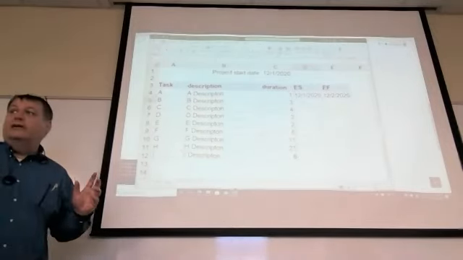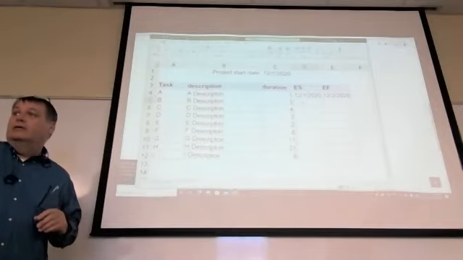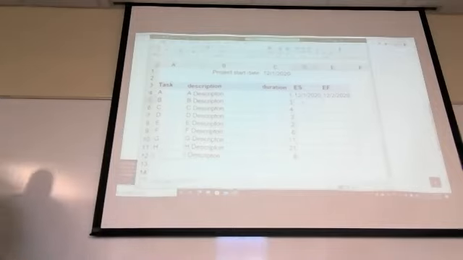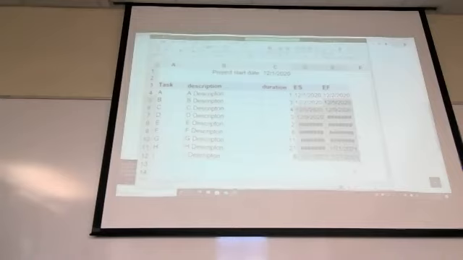There's no prerequisites here. We're not talking about those yet. Is the previous one, so we're assuming all of these are consecutive, right? So we're going to equal, and it's going to be the earliest finish date of task A. And it's going to be the same formula that we used before. Now we've got this in, and now we can copy this down the page. Grab a little handle, put it down the page. And I need to expand it.